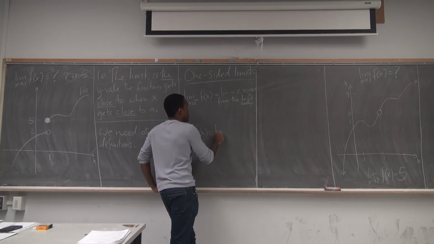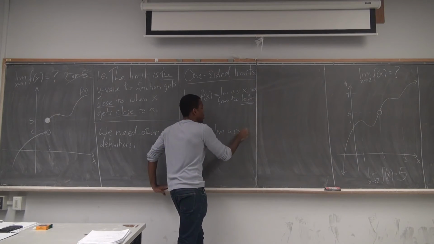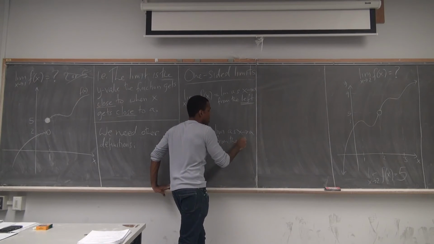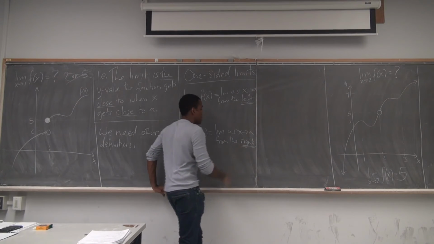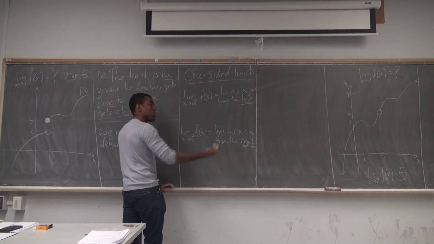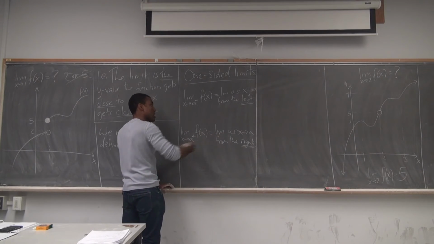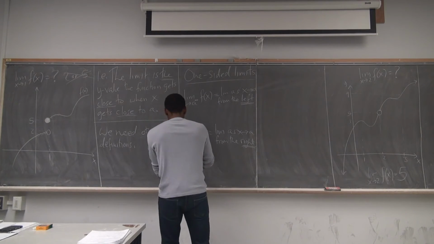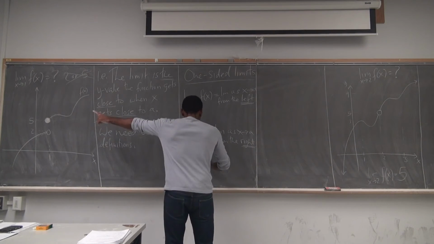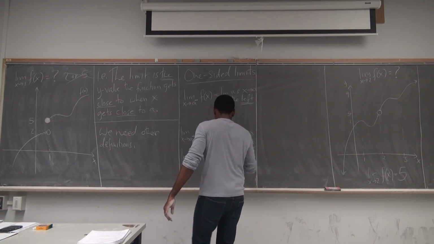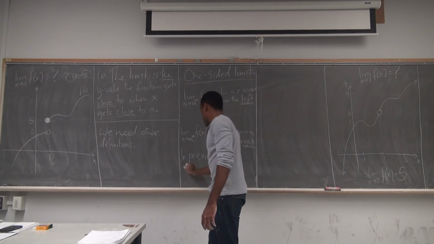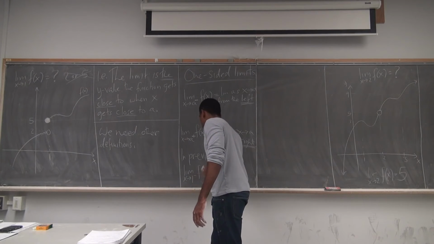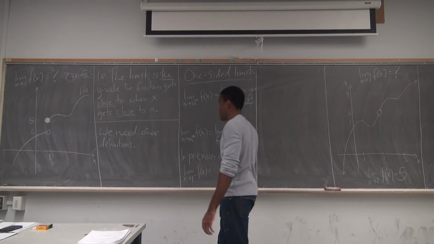Whereas this talks about the limit as x approaches a from the right, right? So it's a plus something. I'm a little bit bigger than a, so I'm on this side approaching a from the right, right? So in the previous example, which is this guy, I can say the following. The limit as x approaches 1 from the left of my function is,